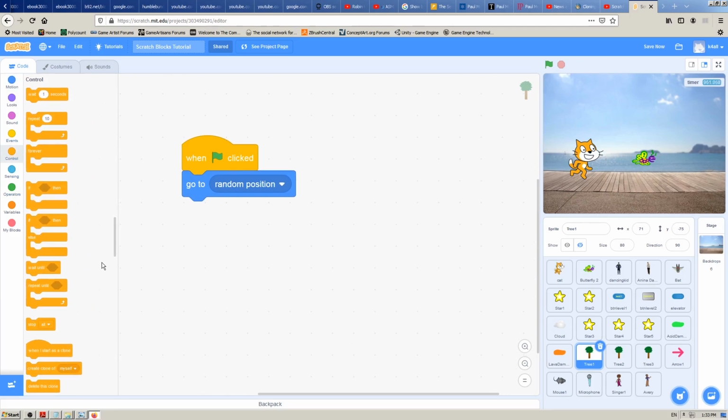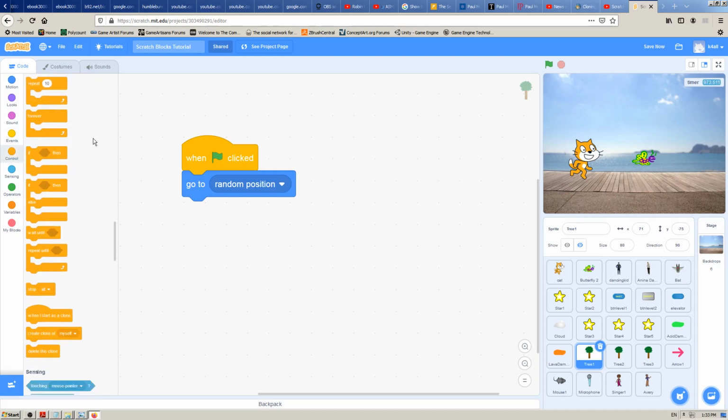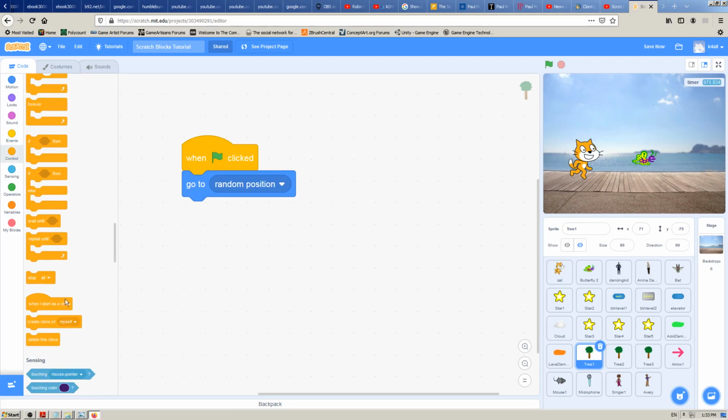So this new block which we are learning today is one of the control blocks, the orange group of blocks, fifth from above. So find the control group of blocks, and one of the last blocks there is create clone of. Click and drag it to your right coding window, and if you are not following our tutorial and don't have this tree